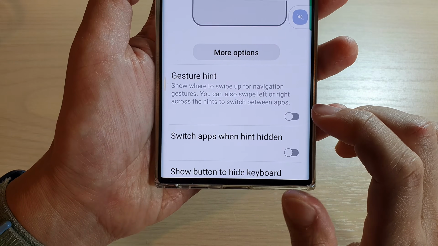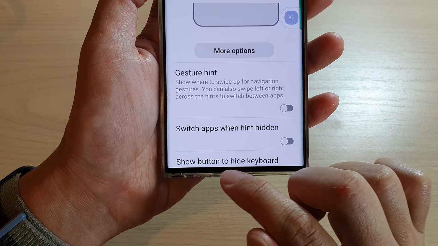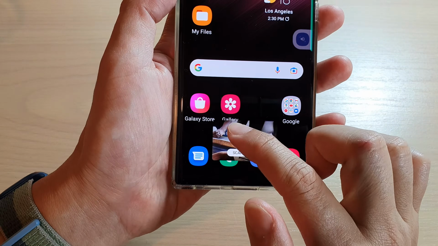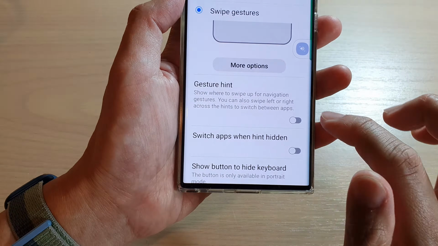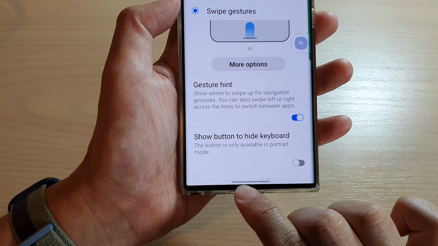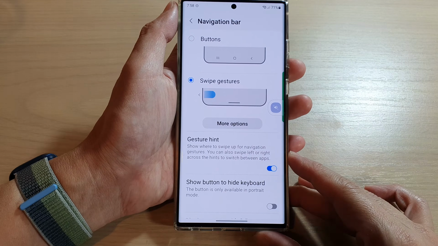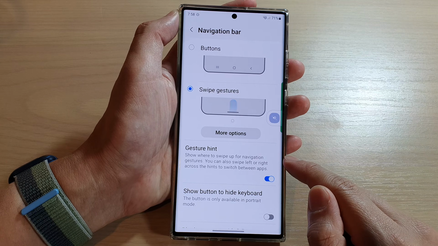So you can see if I turn off gesture hint, it will hide that bar there. I can still use it, it's just that it won't show the bar right there at all. Okay, so I can go back in here and turn it back on, and this will show the gesture hint at the bottom here. And that's how you can turn on or turn off the navigation bar gesture hint on the Galaxy